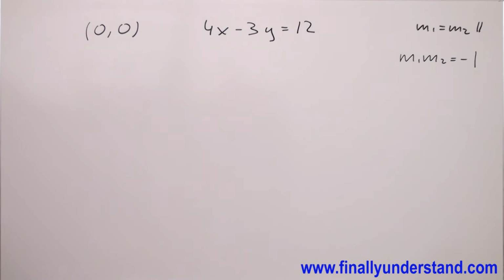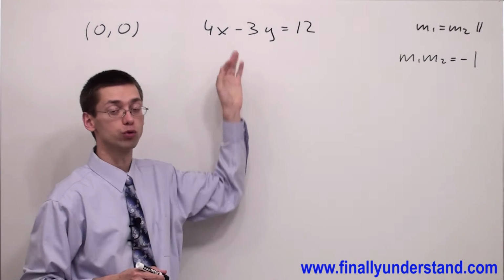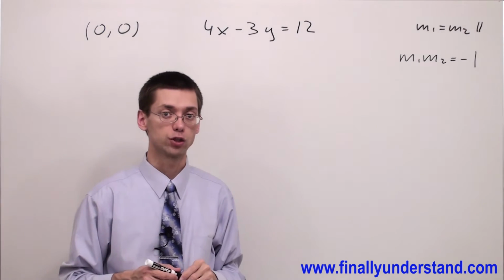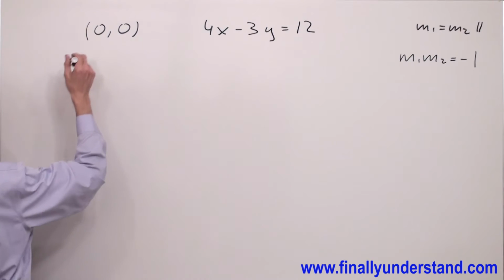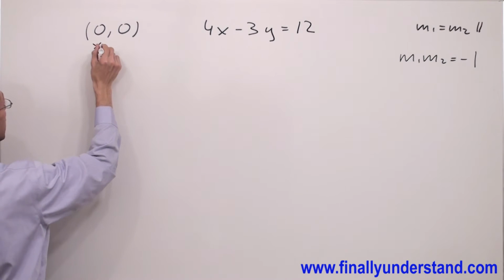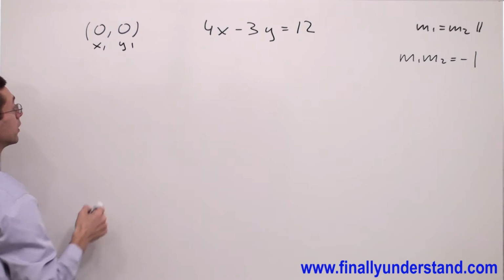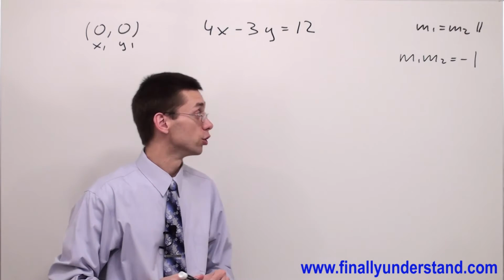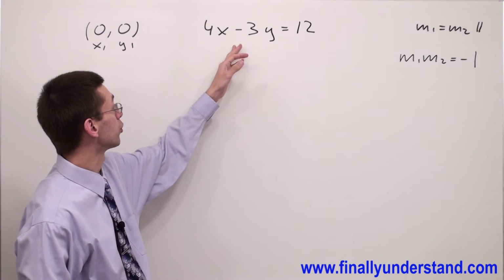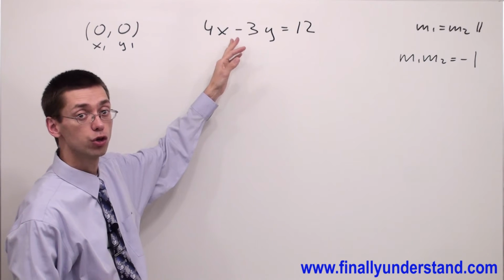This time we're supposed to find the equation of a line which passes through the origin and is perpendicular to the given line. You're supposed to realize that origin has coordinates 0, 0. Okay, so this is my point, and this is going to be my x1 and y1. In order to find the line which is perpendicular to this line, we're supposed to find first the slope of